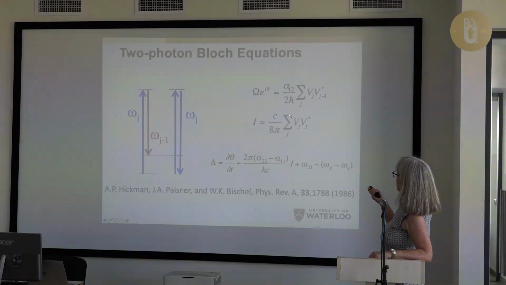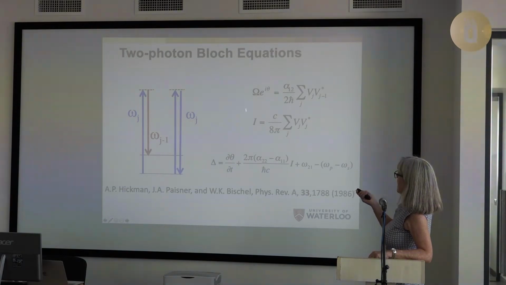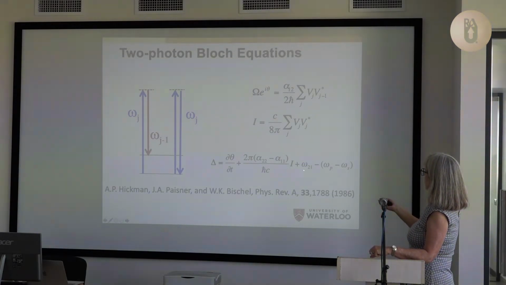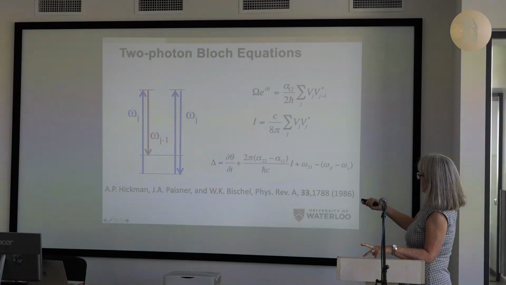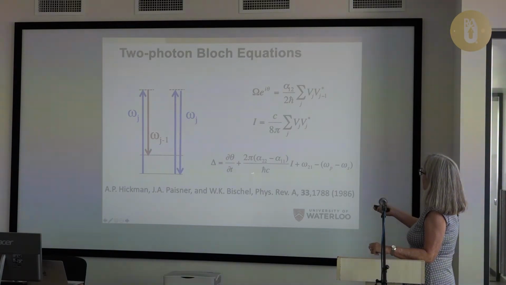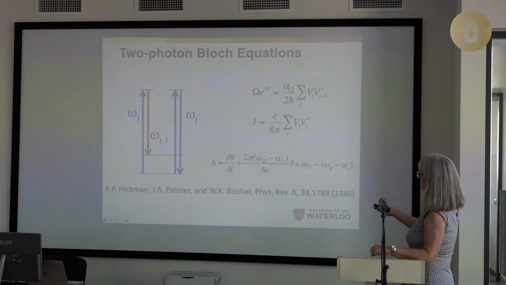This intensity is this one. It's the omega j with the other omega j right back down again. So this is the intensity. And as I said, this one can cause these levels to shift. And so your detuning is not just the omega 2 1, which is this, minus the omega s, okay? You actually have to change maybe this if this is showing up.